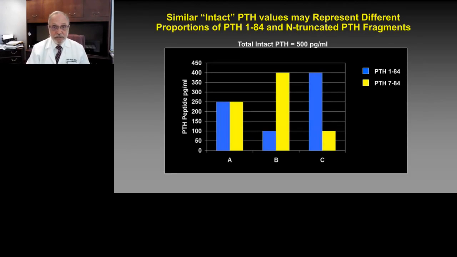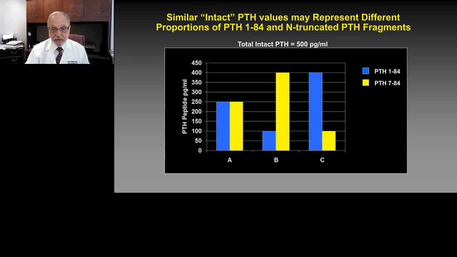So to hammer home this point a little bit more, this is a simplified diagram of what can happen in a patient with advanced kidney failure. If you measure PTH in one of these commercial PTH assays and get a value of 500, this could represent equal parts, for example, of intact PTH or the PTH 7 to 84 family, which as a reminder does not have biologic activity. Or the value of 500 could represent only 100 picograms of active PTH and 400 picograms